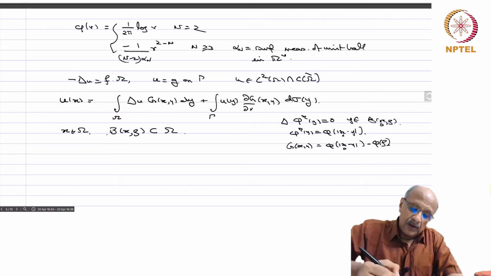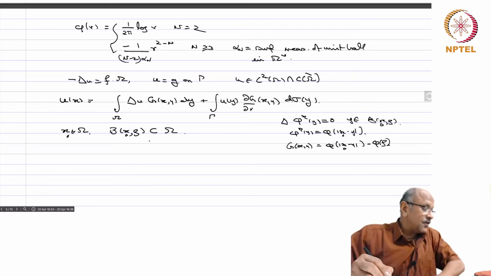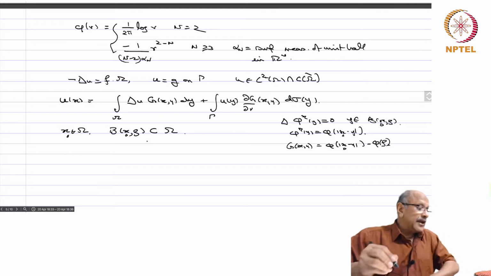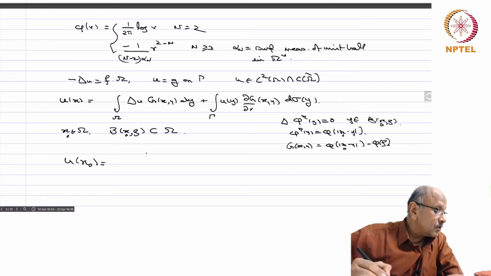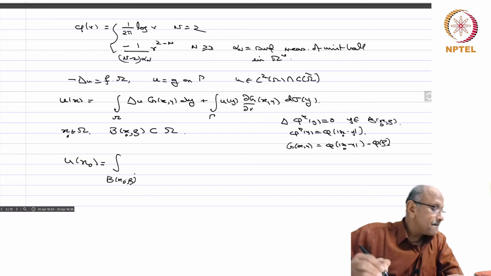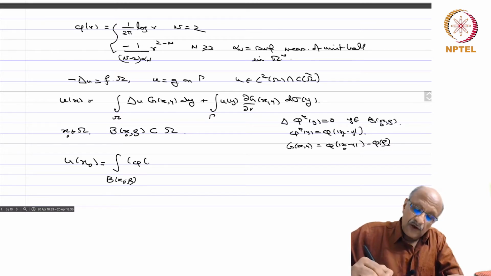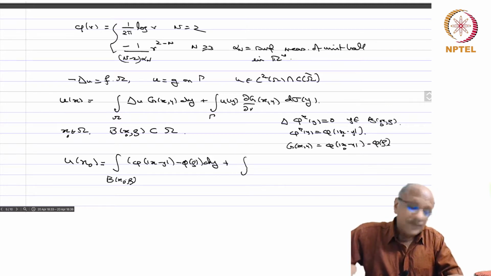So if x naught is in omega, then you take B(x naught, rho), and this is the function here, and therefore you will get that u of x naught equals the integral over B(x naught, rho) of phi of mod x minus y minus phi of rho, dy, plus the integral of u of y,